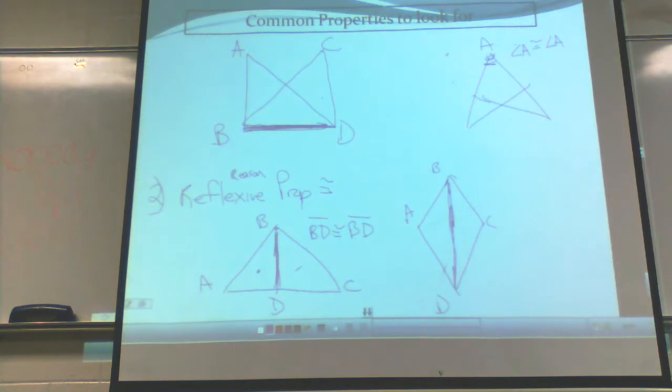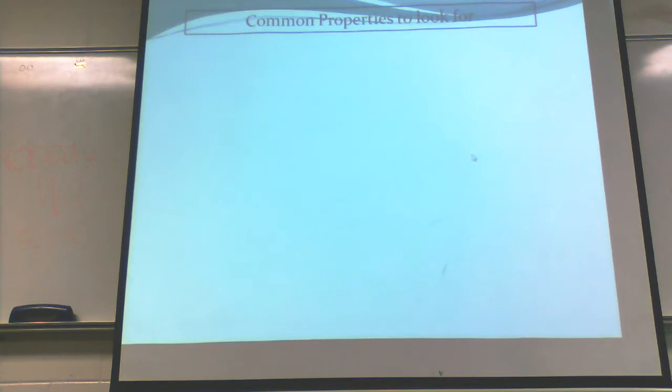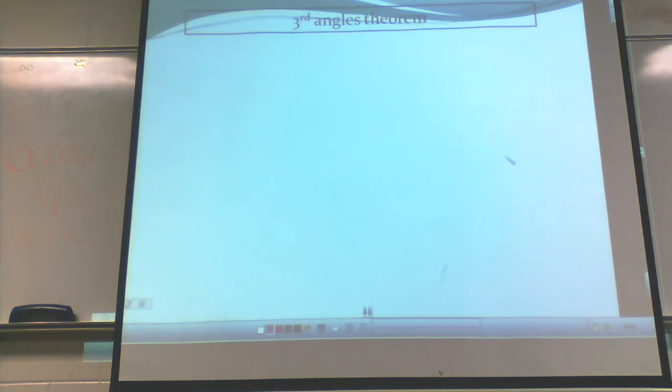Okay. All right. One last thing, and I don't care where you add this, you can add it somewhere on the paper. It's a theorem, but it's a theorem that you're only going to really focus on today. Okay. I'm going to write it out more or less with pictures than anything else. It's easier to see that way. Third angles theorem deals with you having two triangles. Okay? And I'm going to write this, like I said, with pictures. So like the hypothesis is I'm just going to draw it out. All right, so if you've got two triangles,